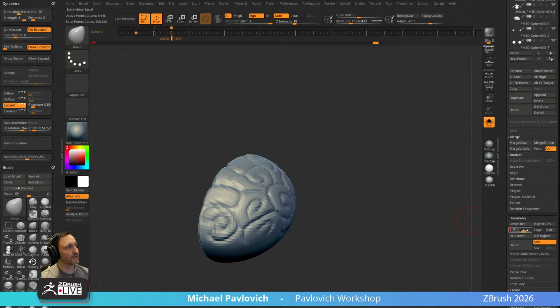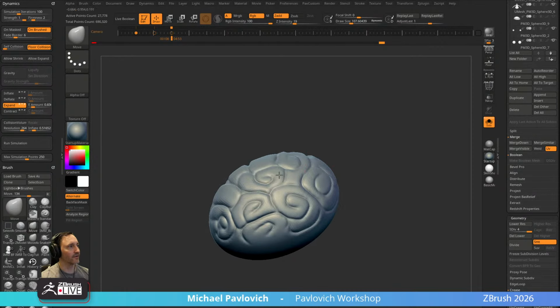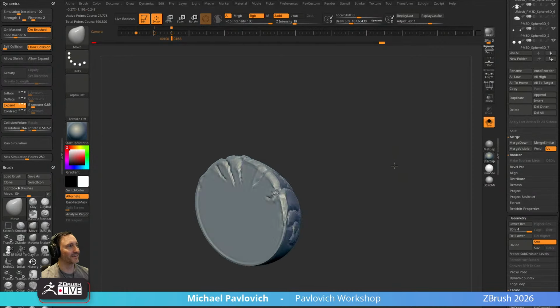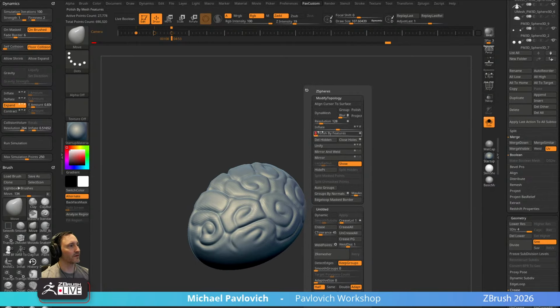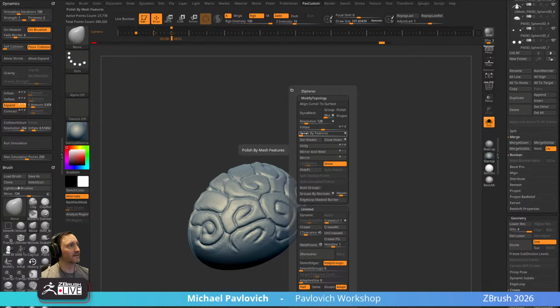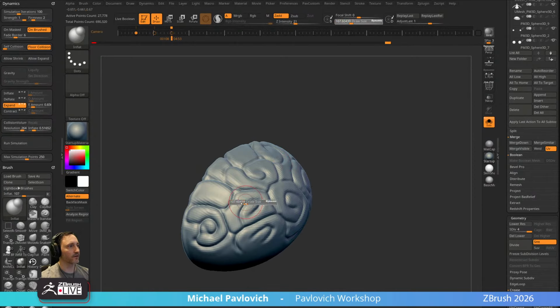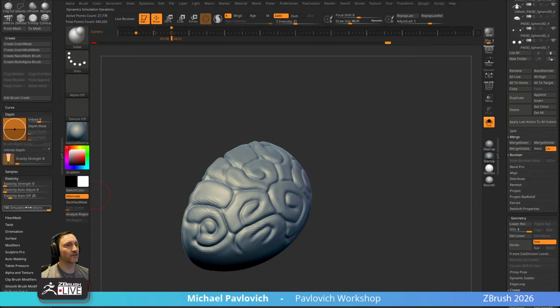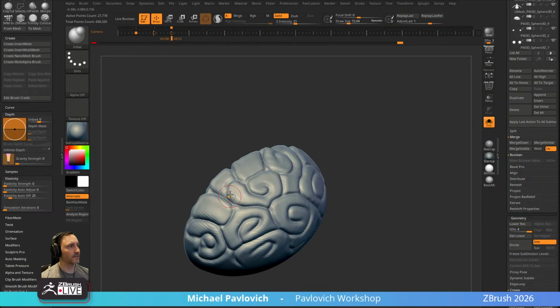Let's go up one more. Let's see how that works. That's not bad. You can just kind of wiggle and it'll go through and expand. And then we'll do just a quick polish by feature to maybe tone that down a little bit. And then individually, we can just go back in with our inflate brush. Let's turn off expand, and let's turn off simulation iterations. So we got a little more contrast,